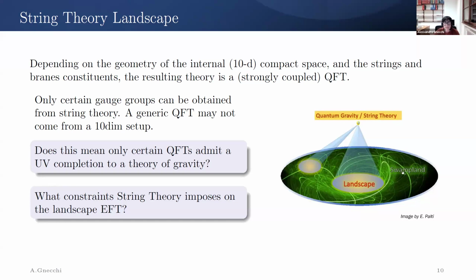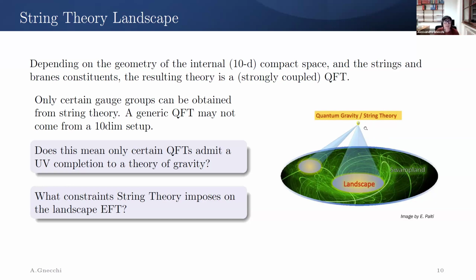But we know that there is a large swampland of theories that for some reason have properties that clash with string theory properties. So the question is, given that we have so many effective field theories, that we could even think that string theory can give us any possible low energy theory, how come that only some classes of them admit a UV completion? Maybe these classes of theories that admit a UV completion are those that have certain properties that can be pinpointed back to UV properties of quantum gravity. Not just properties of string theory, but properties of any quantum theory of gravity.